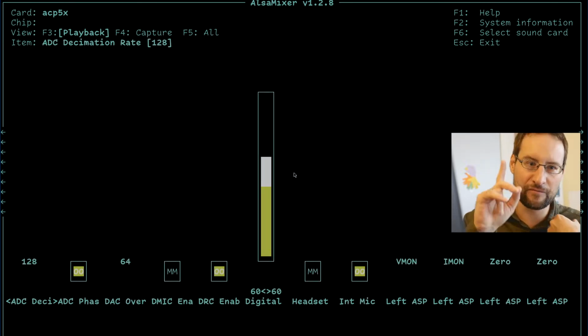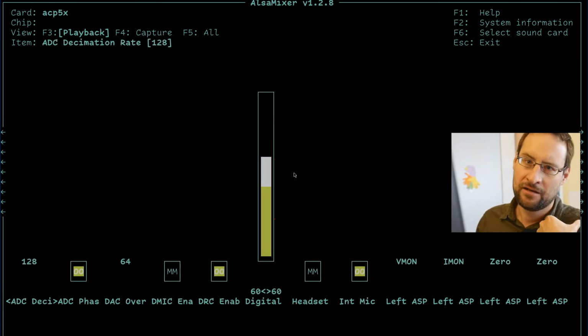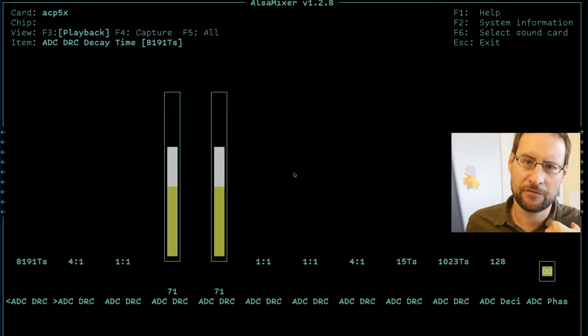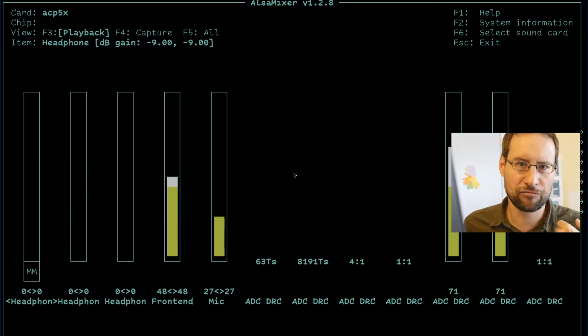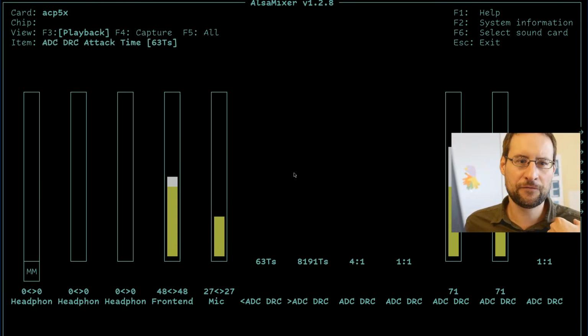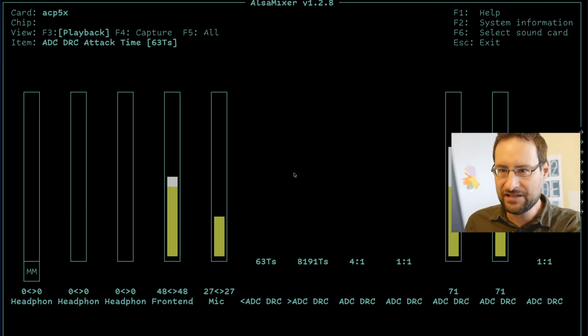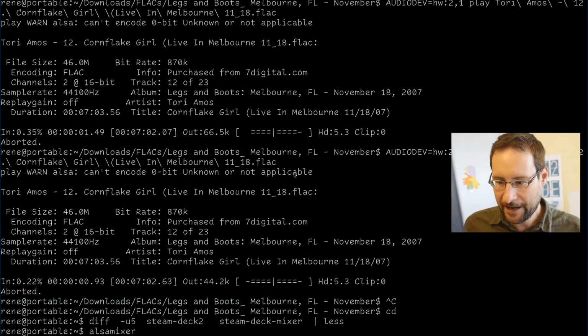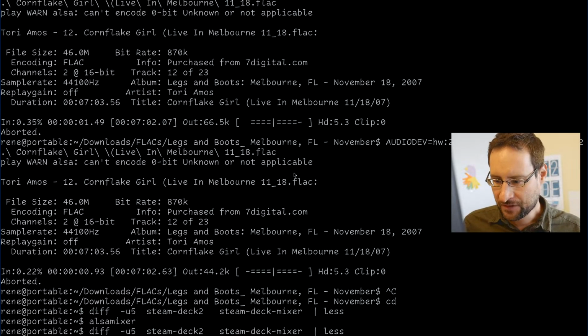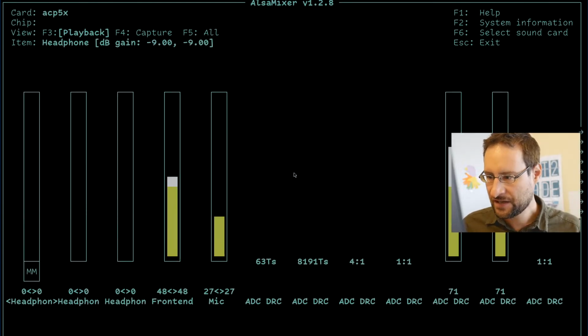And I built in a previous video a high-end 18-bit sound card with ISA, DSP, Motorola 56K and stuff 20 years ago, and I regularly solder stuff and so on. These are too many mixer controls, even for me, and I'm an expert and a kernel programmer. Because also ADC, DRC attack time, decay time, expansion, and I diffed the configuration between SteamOS and stuff to find it, because the problem is,